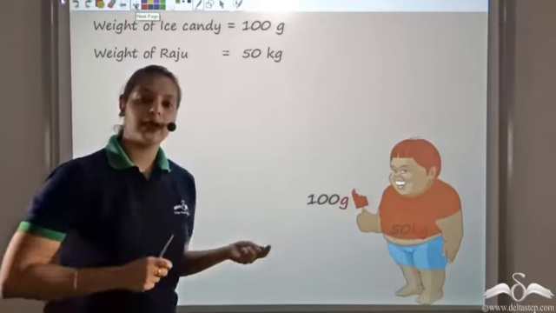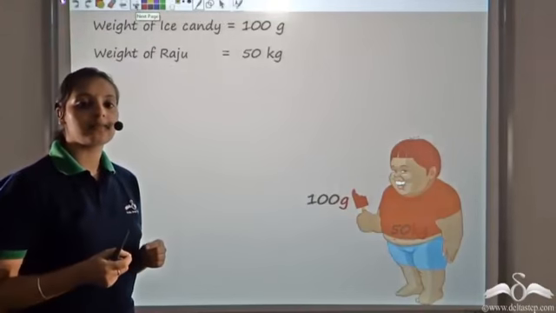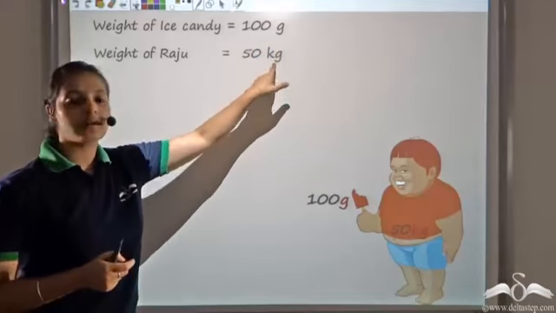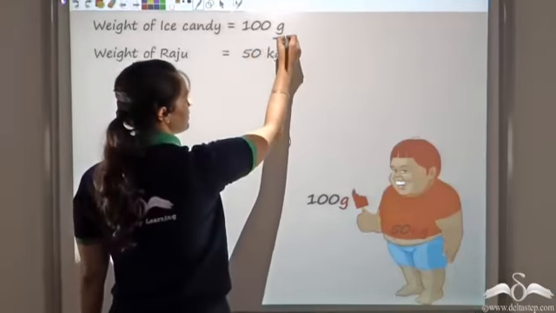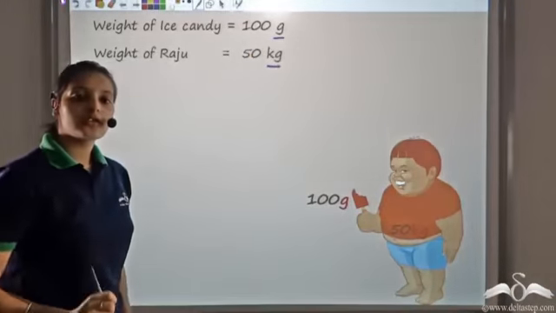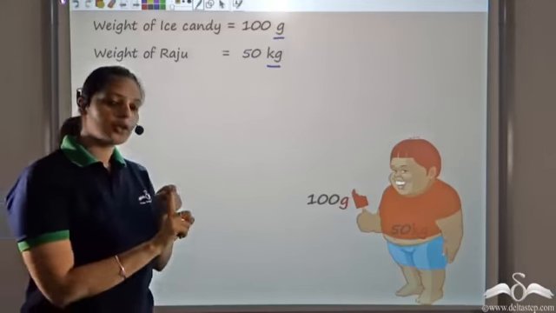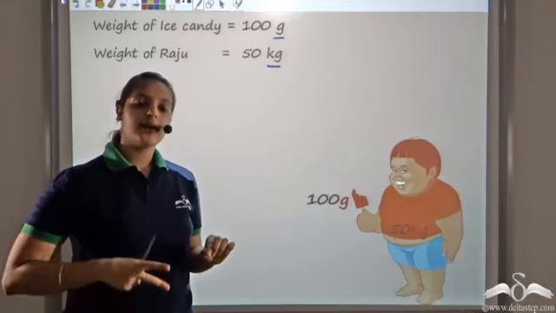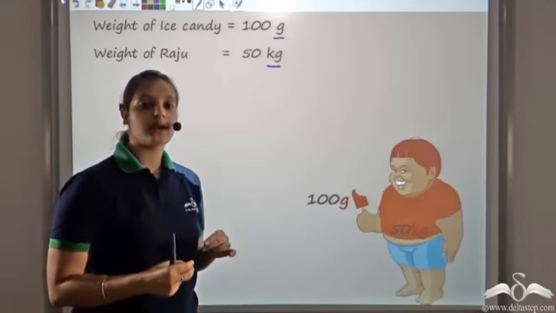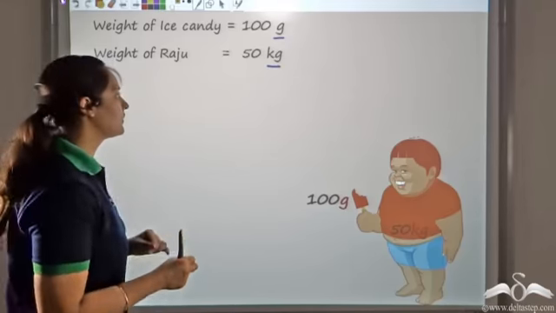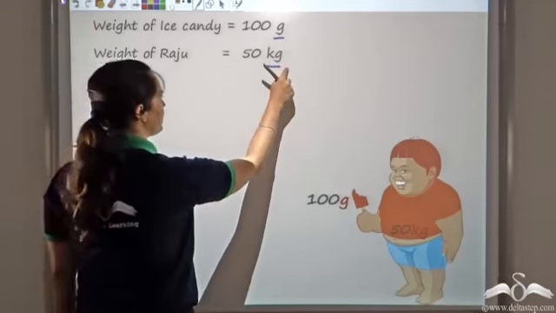So when we compare quantities of the same kind, what we have to make sure is that the unit is also the same. Here the units are not the same. This is grams and kgs. So we have to make the unit also the same. So we have to compare quantities of the same kind only. And the second thing is that when you are comparing the quantities of the same kind, the unit also has to be the same. So now let's make the unit same.